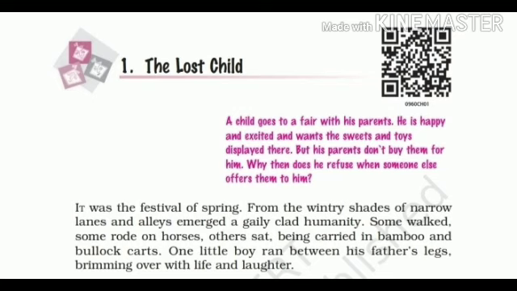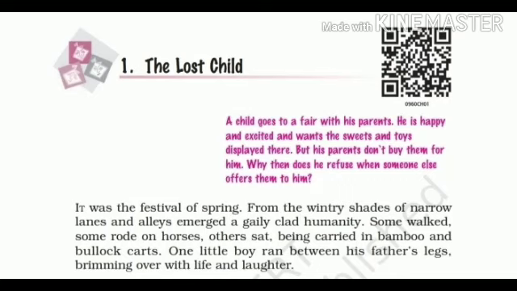It was the festival of spring. What do you mean by spring? It is the name of a season and it brings happiness as it is a symbol of life. New life generates, flowers bloom, trees get attired in fresh green leaves. So the weather, the atmosphere, everything was pleasant.